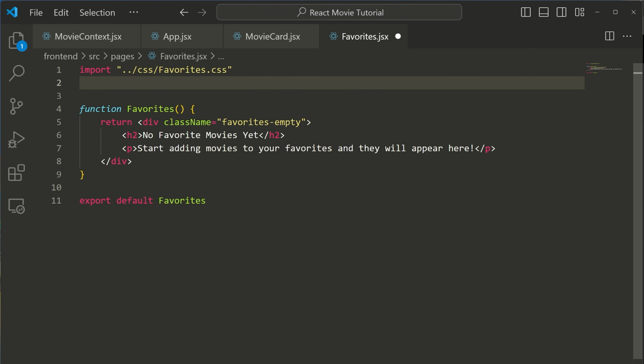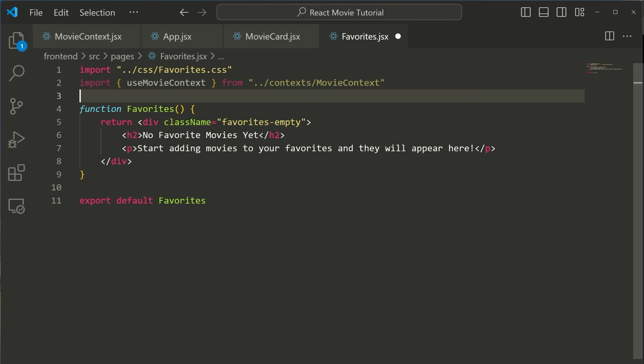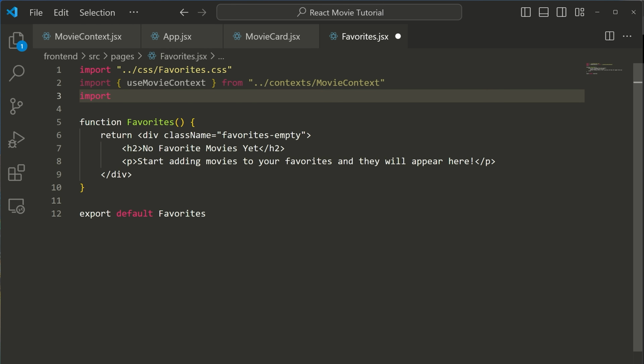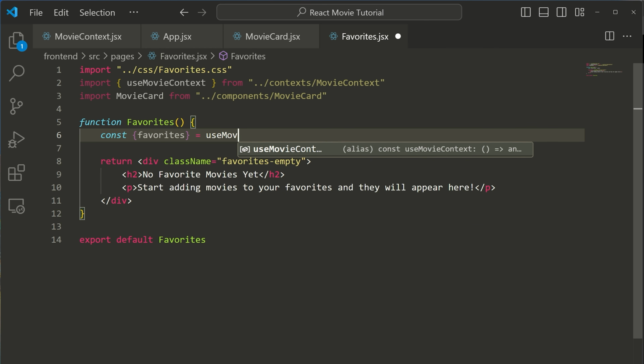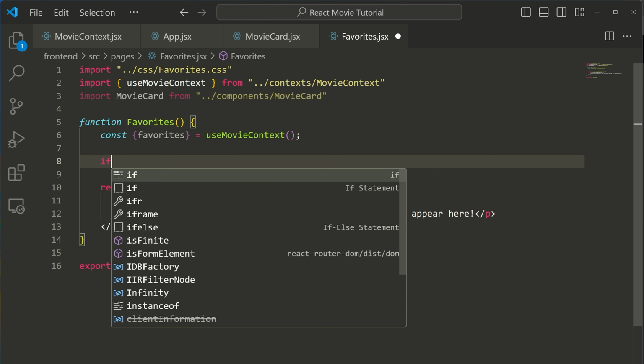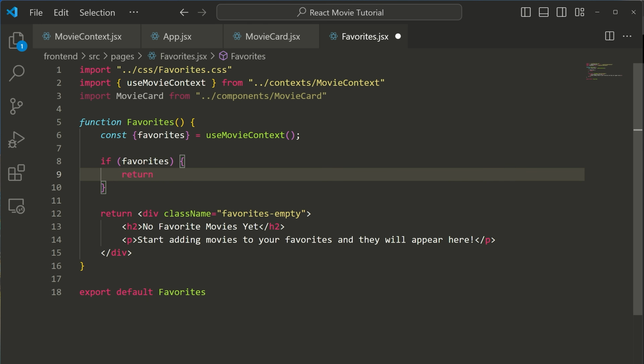So same thing as before, we're going to say import, and then this is going to be the useMovieContext. We are then also going to import the MovieCard from our components, and we're going to go up here and say const favorites is equal to the useMovieContext like this. Okay, now what we're going to do is say if favorites, then we want to return